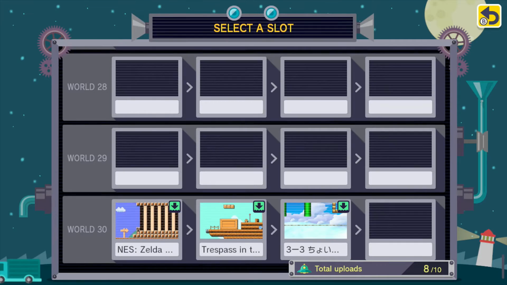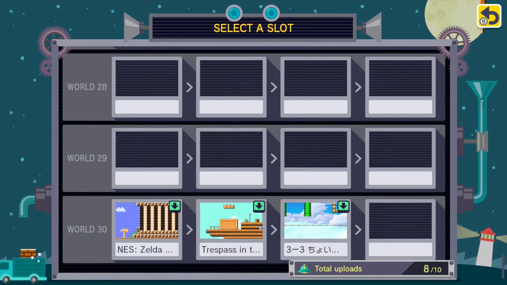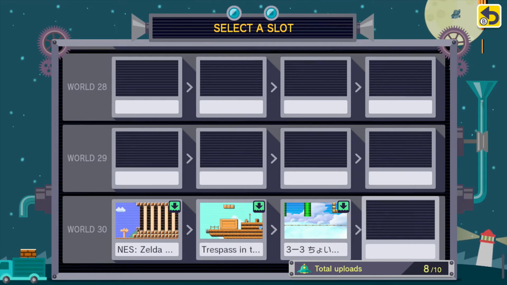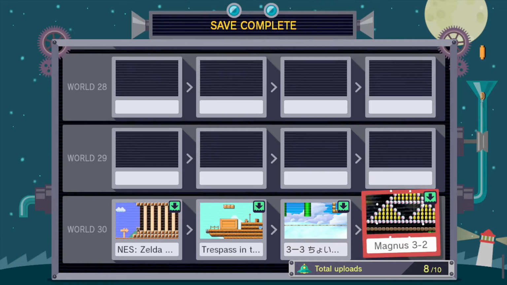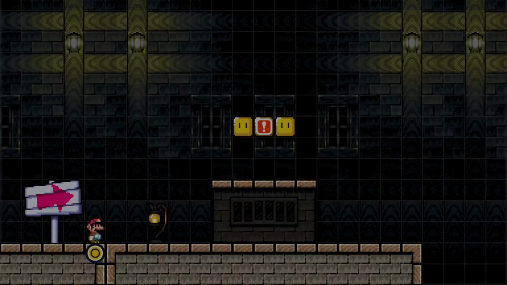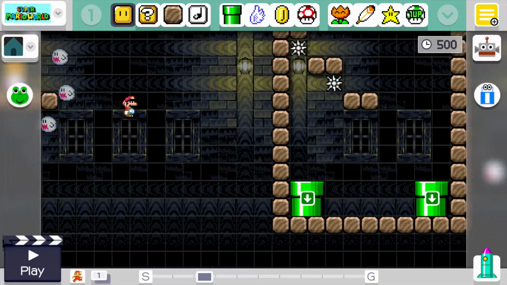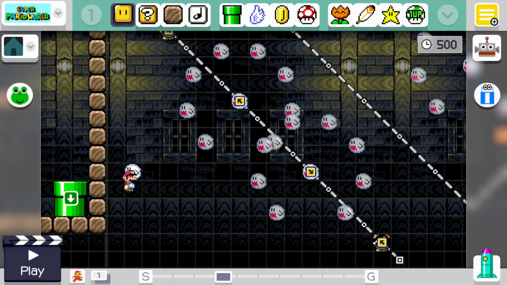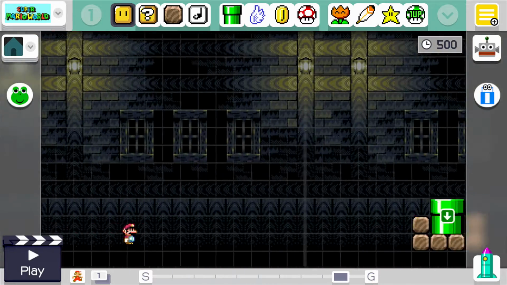But you know, one of the early ideas I had for a level was similar to the Sonic one. You want me to just put it right here next to the rest of them? Oh yeah. In World 30. Edit this course. Yes, please. Yep, and now you can just place yourself wherever you need to. Well, this will also show people a bit behind the curtain of how things work. So, one of the things that I'll showcase...